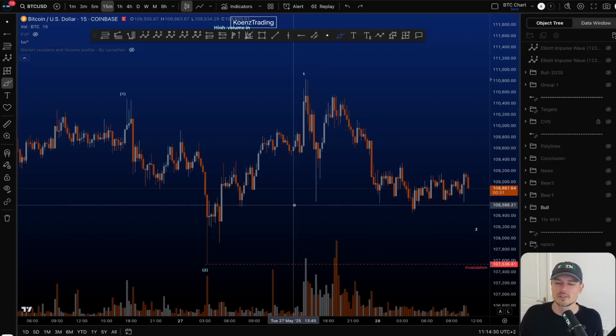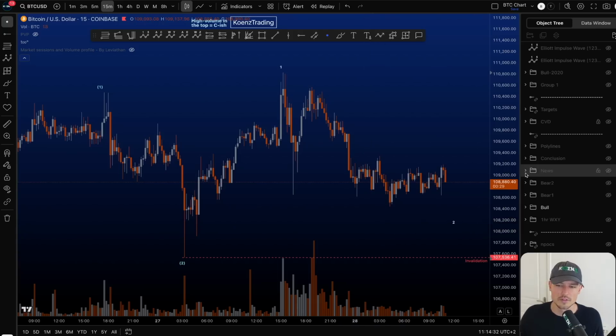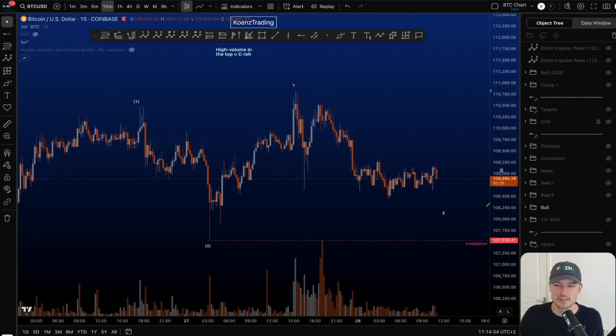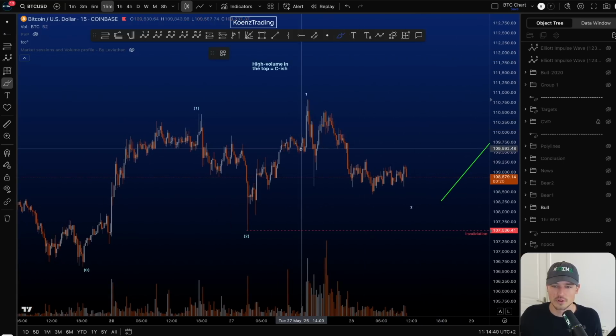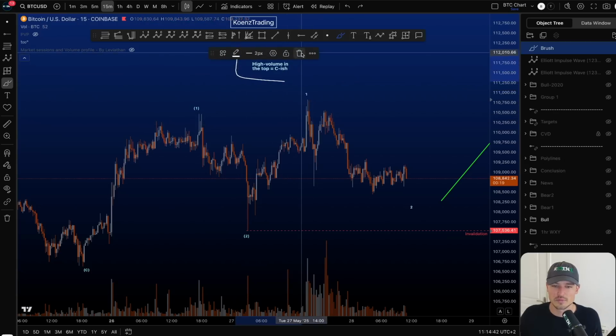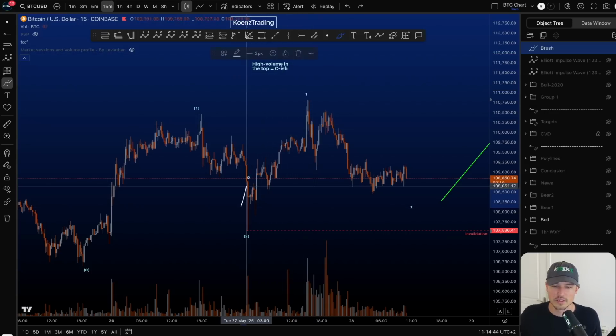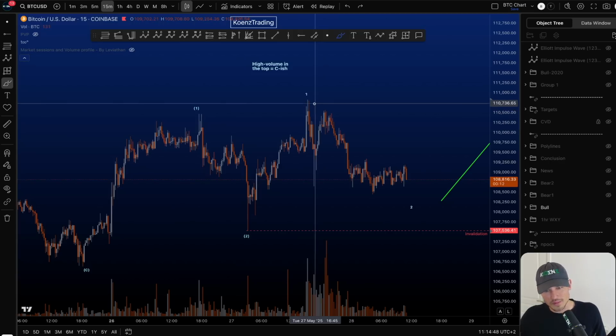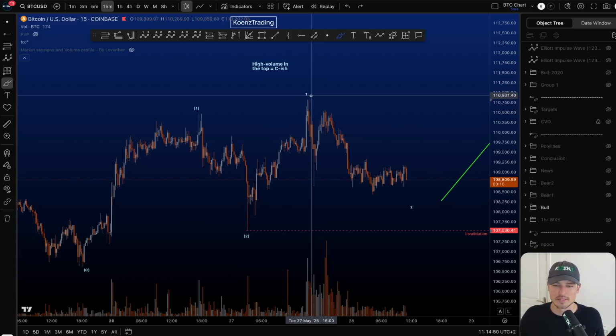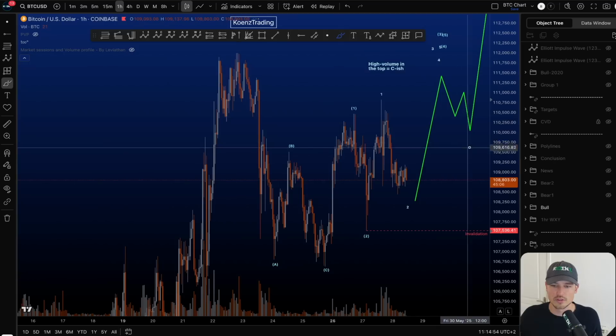Wave Cs do like to end on a high amount of volume, which is something that earlier today we discussed in Discord as well. In the gold group, Pistachio and I had the same thought. This looks C-ish as written over here as well. And then a 1, 2, 3, 4 final leg up in a 5. So it does impact the probabilities negatively for this being another wave 1 and then a multi 1, 2